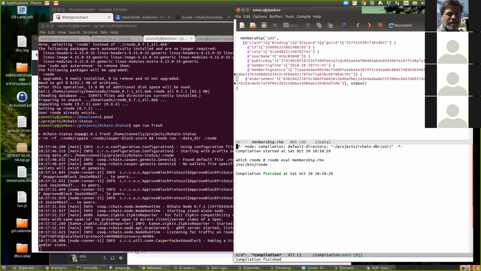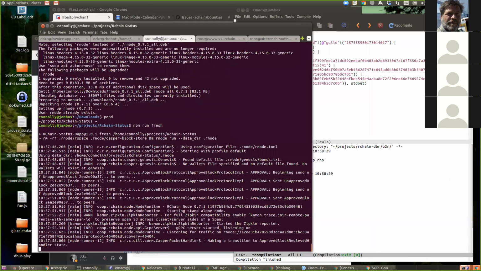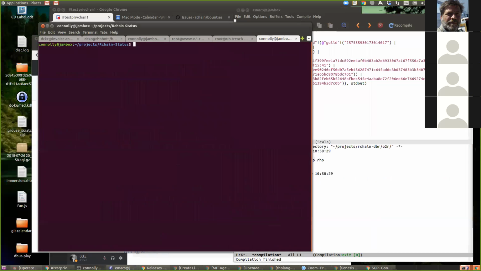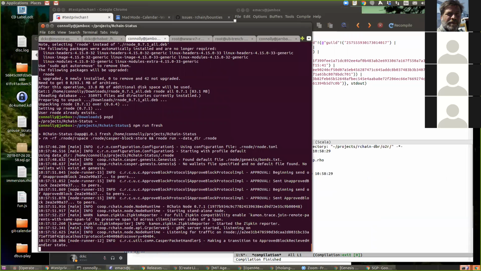User bin R node. What the heck? Did you remove your old R node directory before you just installed it in?